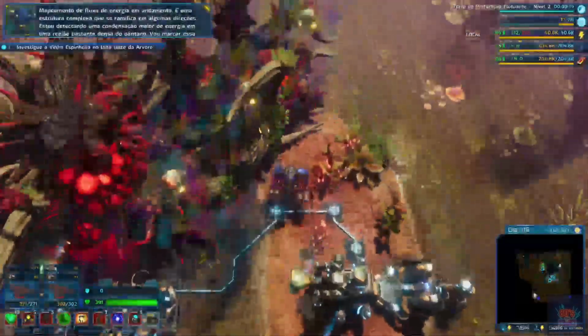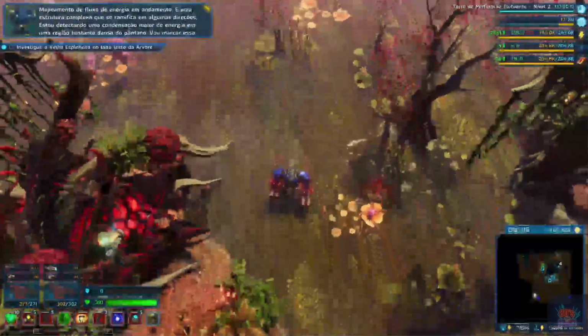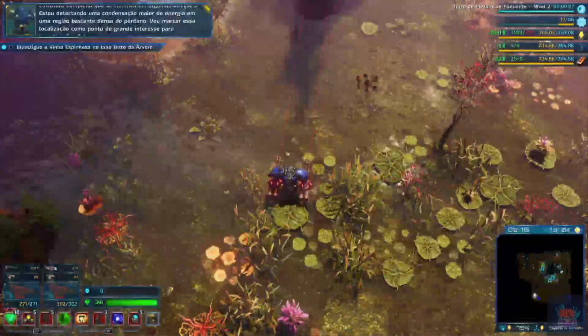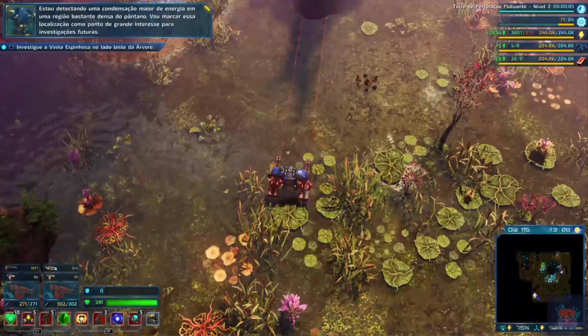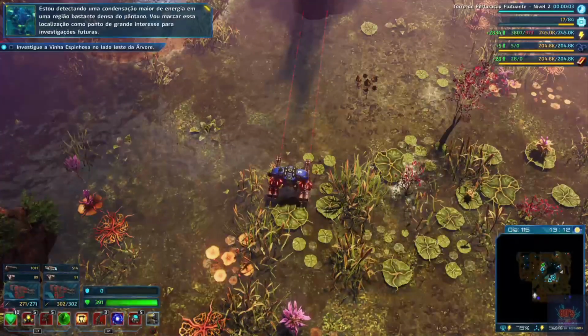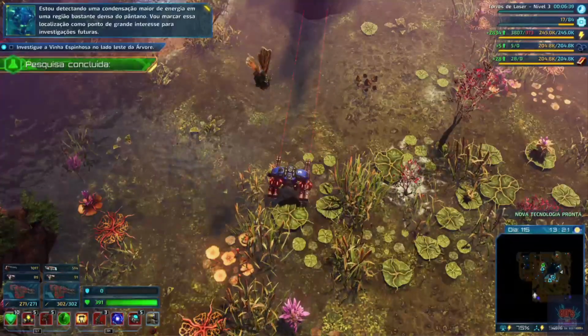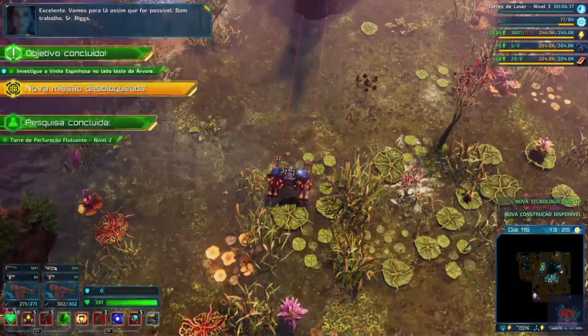Energy flux mapping in progress. It is a complex branching structure, heading out in a few directions. I am detecting a larger energy condensation within a very dense part of the swamp. I am marking that location as a high-value point of interest for further investigation. Excellent. We should go there as...